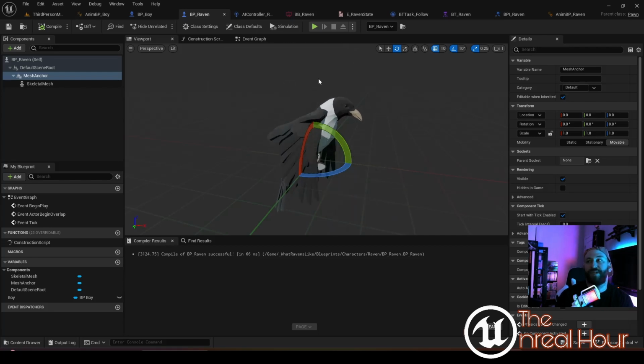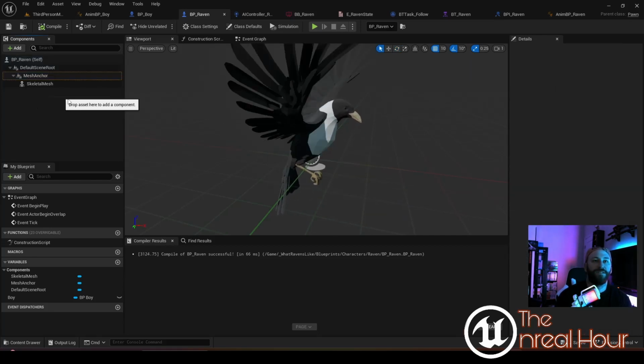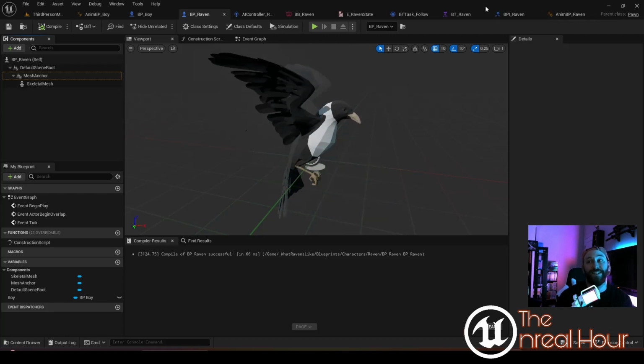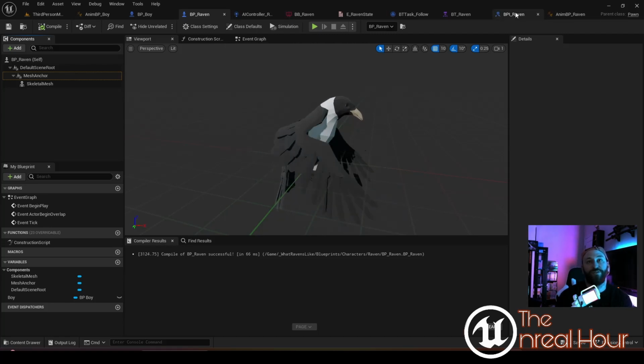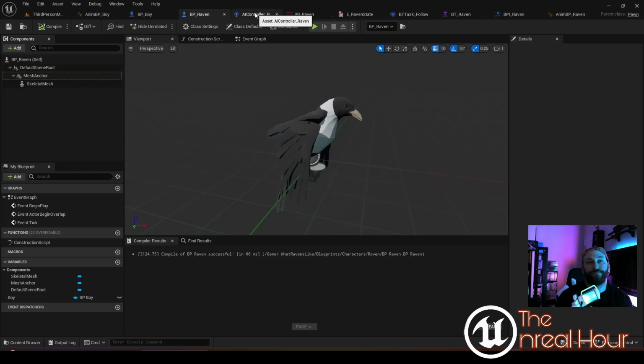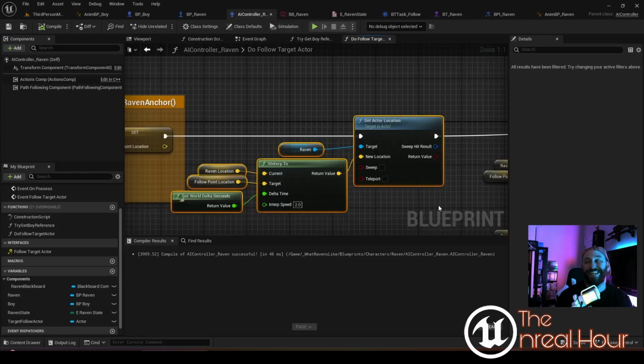I think it should have been a character, because now, as you can see, I don't have access to the character movement component, which I need in order to drive this by input